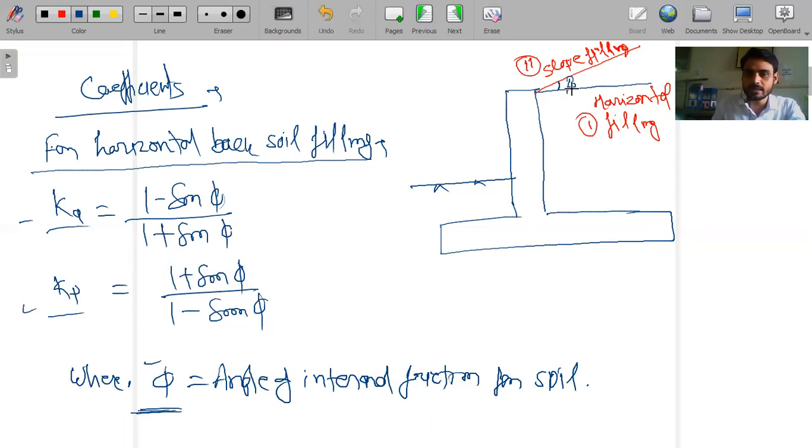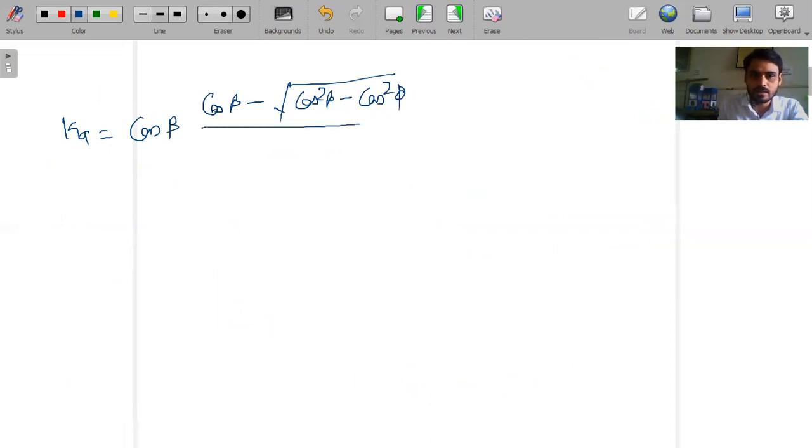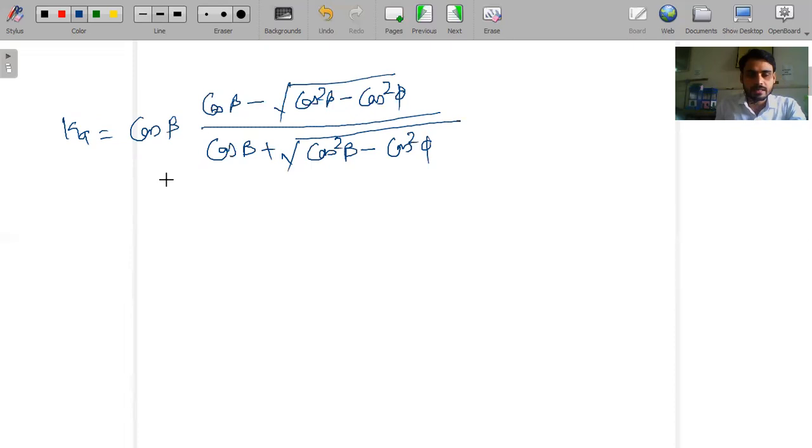So if the sloping angle is beta, then Ka will be equal to cos beta minus under root cos square beta minus cos square phi divided by cos beta plus under root cos square beta minus cos square phi. So active earth pressure can be calculated with the help of that formula. Here beta is the sloping angle and phi is the internal frictional angle for the soil, and